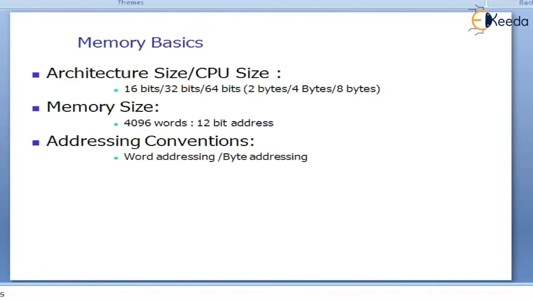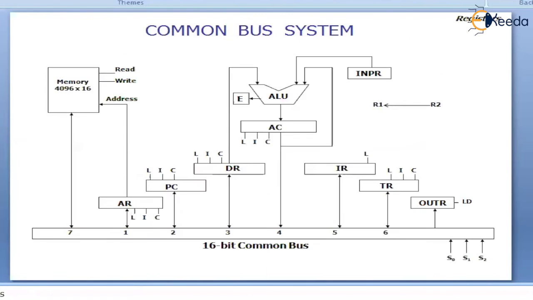I'll show you. Here you can clearly see, there will be a control unit here. This control unit is going to synchronize all these things. Now load input has to be enabled. Initially, at T0, the program counter and address register should be selected. So for that, the bus system's selection inputs must be enabled appropriately. Then the program counter and address register are going to get selected.